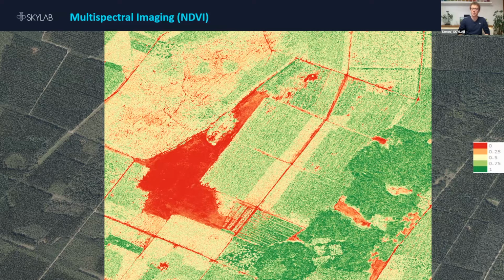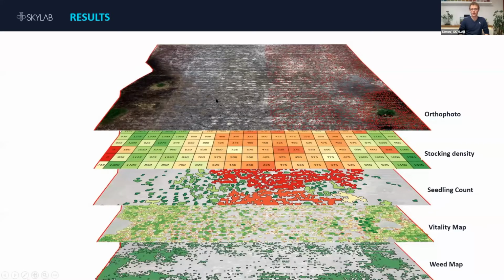Here you can see an NDVI map of a forest. The red color represents ground or really low NDVI values, and the green color represents very high NDVI values. So the greener it is, the more vital the forest. You can see gaps in the forest, and really dense forest, and with that, you can see if your forest is healthy or not, even from satellite imagery. All right, and then I'm handing over to Becky again.